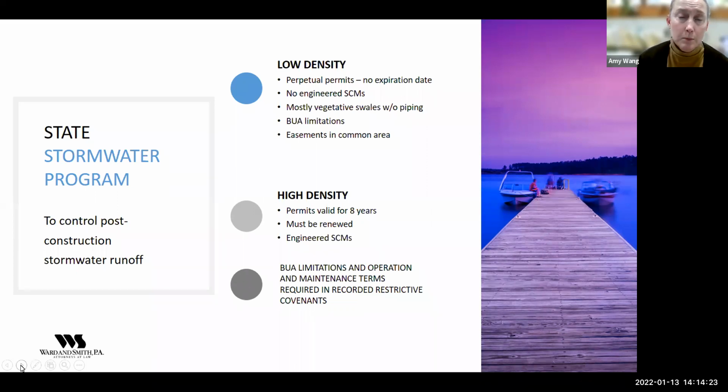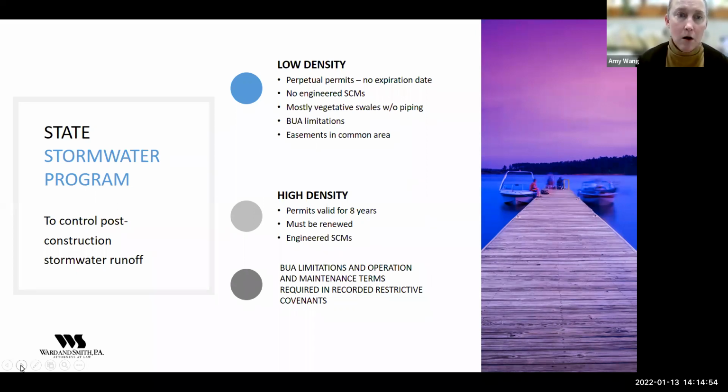Common area is owned by the community association, but there are also easements that the stormwater permits often will require, sometimes between lots or more frequently at the front of a lot, maybe where the swales are, to allow those with the authority to make sure that the stormwater can actually get into those swales and those swales function the way they're supposed to.